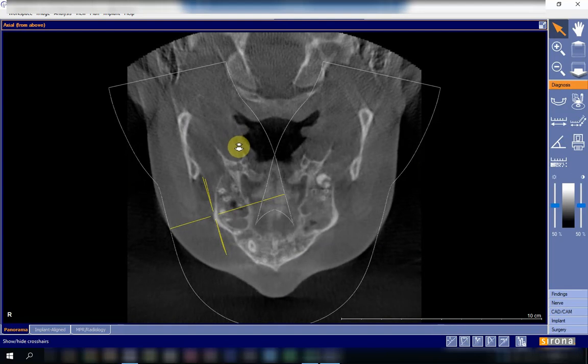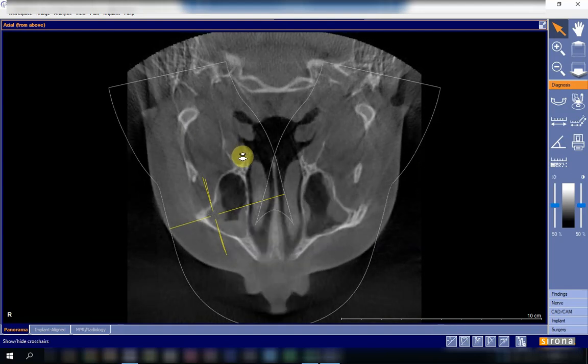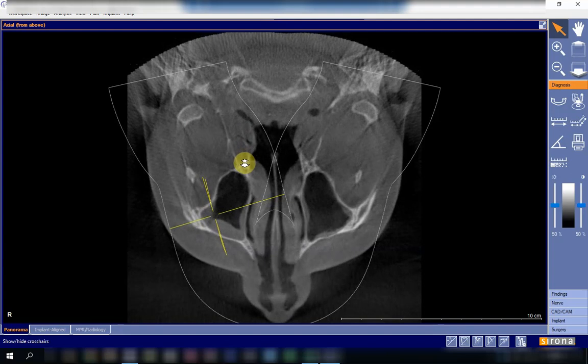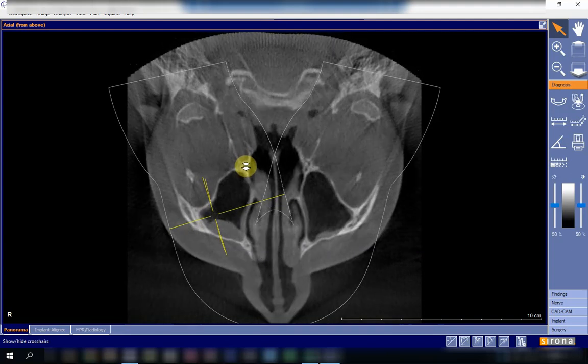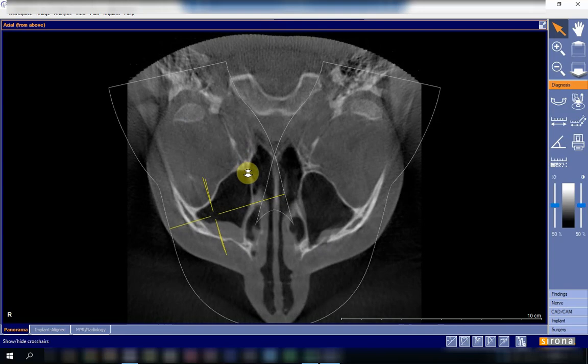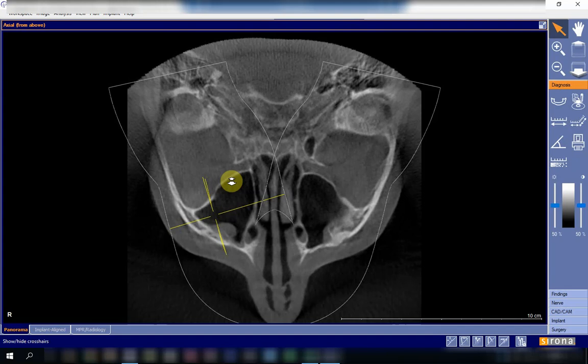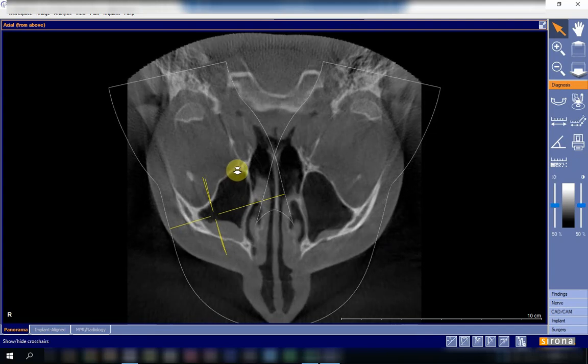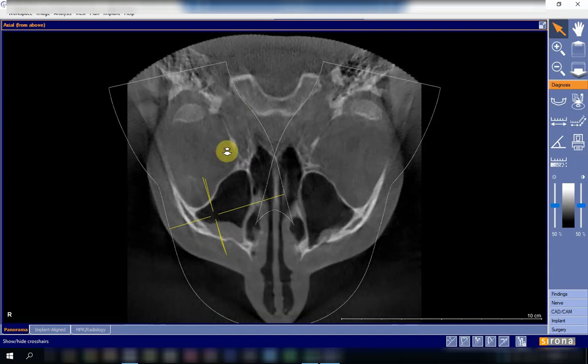Again, I will try to drag the image up, up, up, okay? And I will try to view the condyle. I'm viewing the right condyle, as you can see in here, in all image slices, looking for the same criteria. That is the integrity of the walls over here, no pitting, no erosions or radiolucencies over here, no imbalance in position between the right and the left condyles, and if there is any case of trauma, of course,